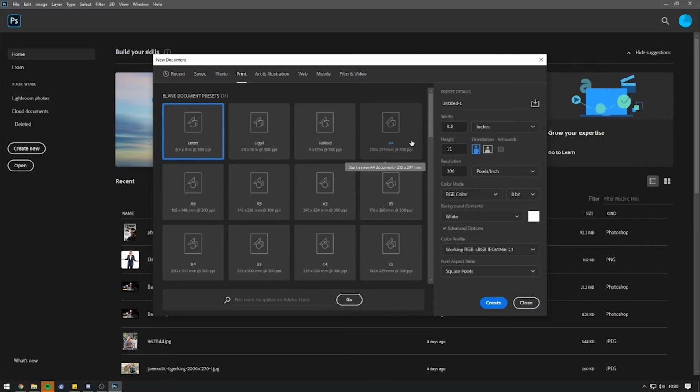Vice versa as well, if you open a project the size of a billboard and it's only to be for an A4 piece of paper, you would keep the quality, but the image and project size would be astronomical. So do check your project size before continuing. One of the things as well to consider, if for example you wanted to do an A0, which is roughly the size of a large film poster,